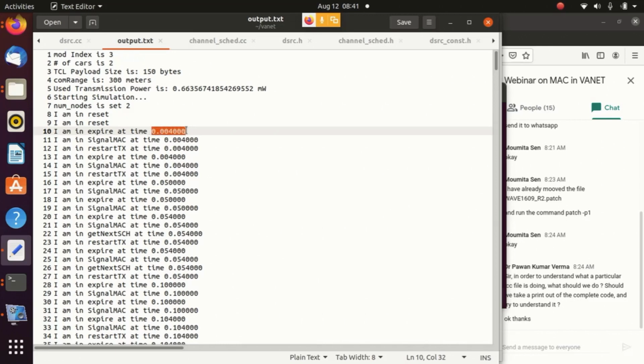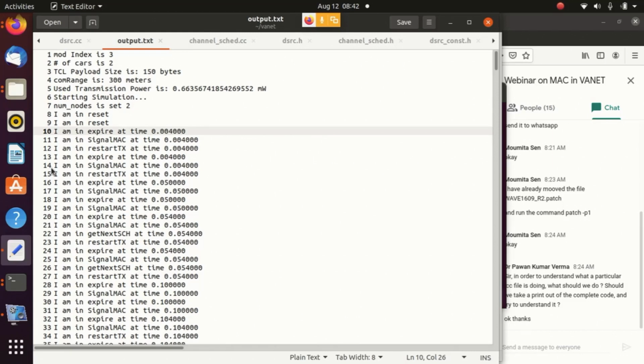All the time in Network Simulator 2 is in seconds. So what is the value of this time? If you pay attention, it is 4 milliseconds. Okay, it is 4 milliseconds. Now if you relate it with theory, what can you know? The 4 milliseconds was what? After starting, the first 4 milliseconds is for